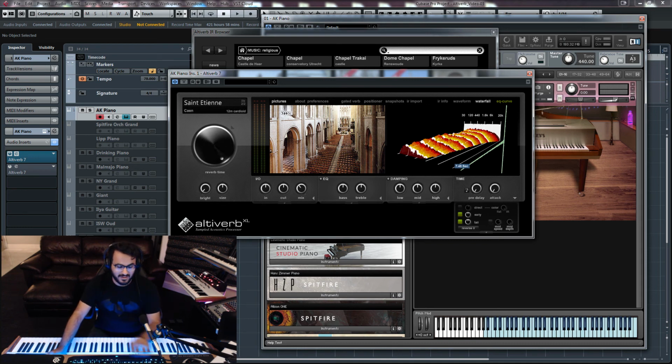There's a size control here. Now let me put this back. If you press Alt, I'm on Windows, so you press Alt and it just brings things back to normal. Now, there's a size control here. It seems to me, and I might be wrong, that what it's doing is retuning the impulse responses. So if I put the size down,